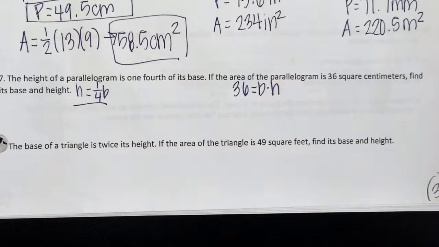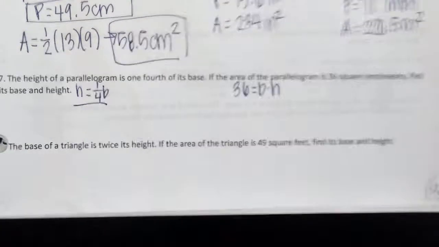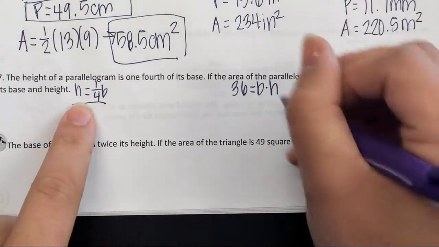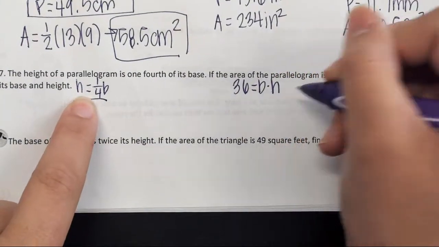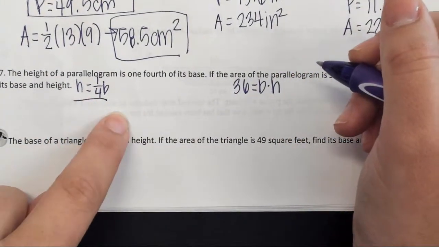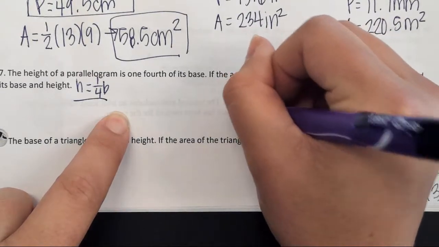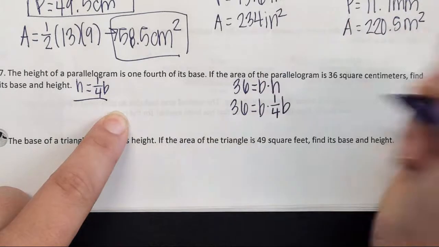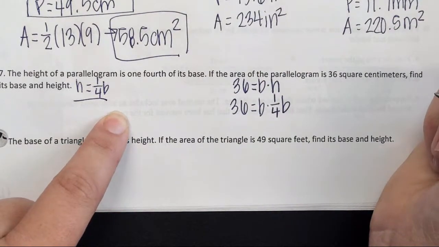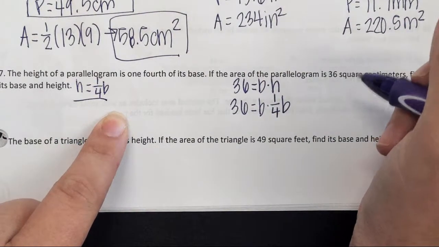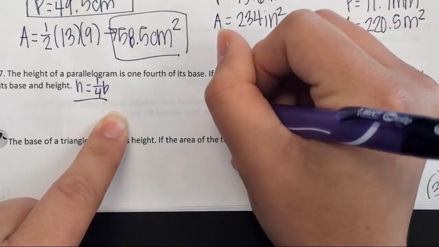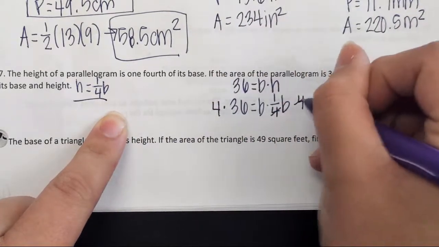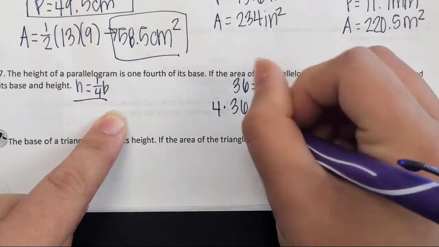that you substitute for the H in a B. So instead of writing H, we're going to write 1/4 B. So 36 equals base times 1/4 B. Okay, well, when I simplify that, I'm going to go ahead and multiply both sides by 4. Get rid of this 4. And then I'm going to have